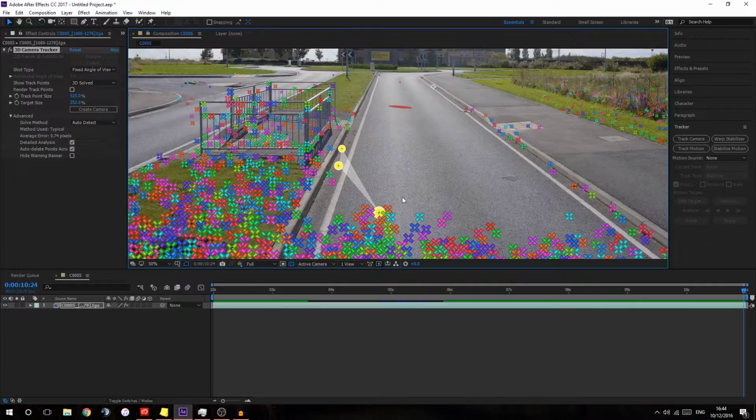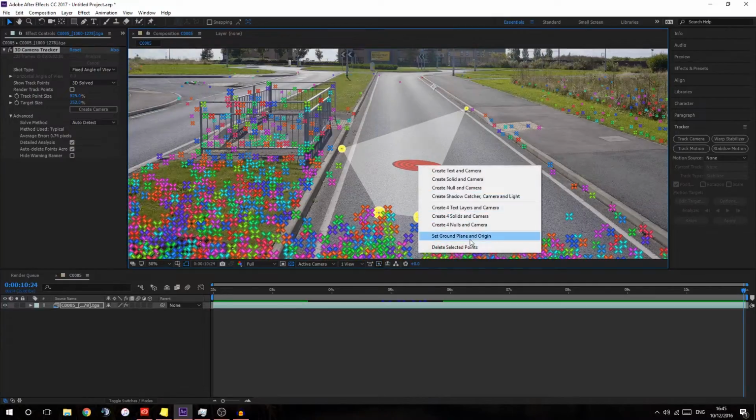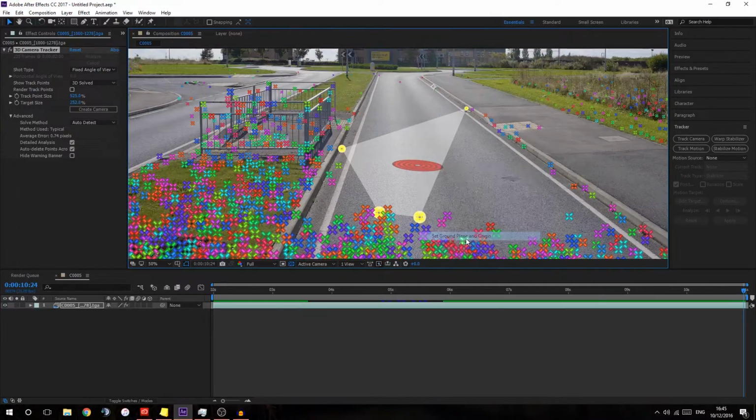No, that doesn't work right. Now you've got to remember, the road has a camber in it, which is definitely not going to help some things. This one actually looks pretty good. Yep, alright. So what I'm going to do here is set ground plane and origin. And that basically